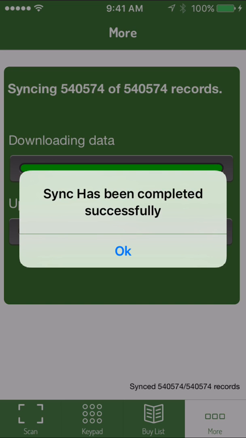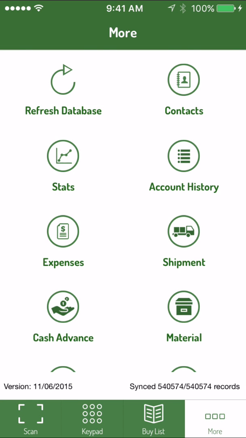Once you've fully downloaded the database, you should see a message that says sync has completed successfully. There is a chance, however, that you will not see this message and you may see some other pop up, but the most important aspect is that you see in the lower right hand corner it says synced